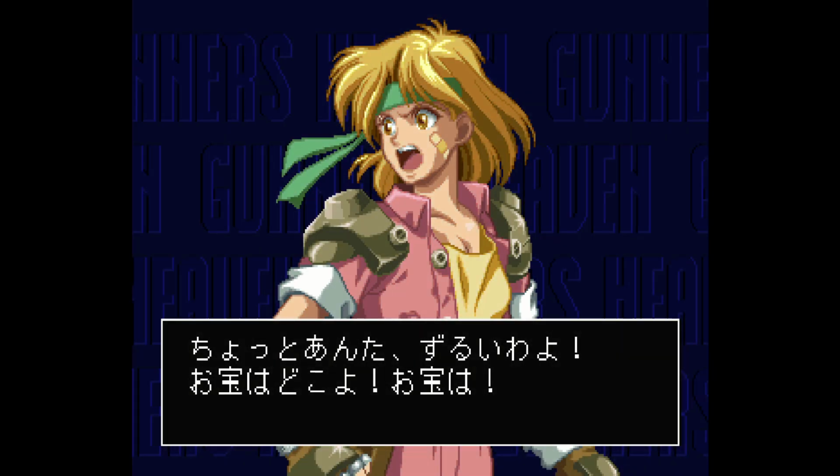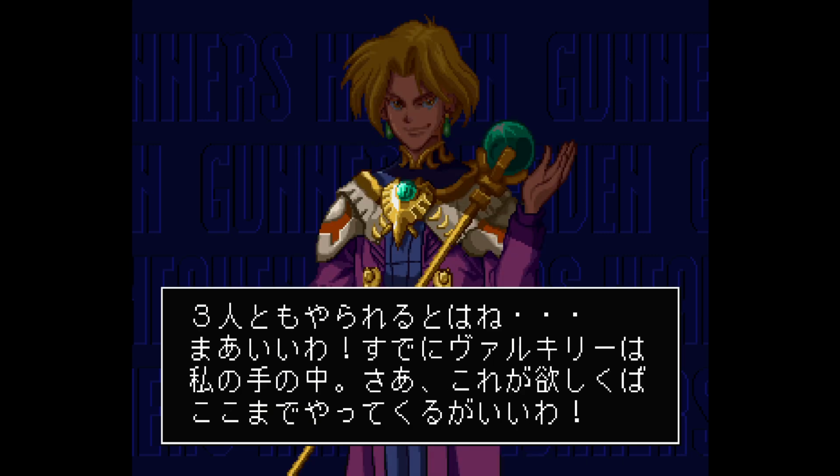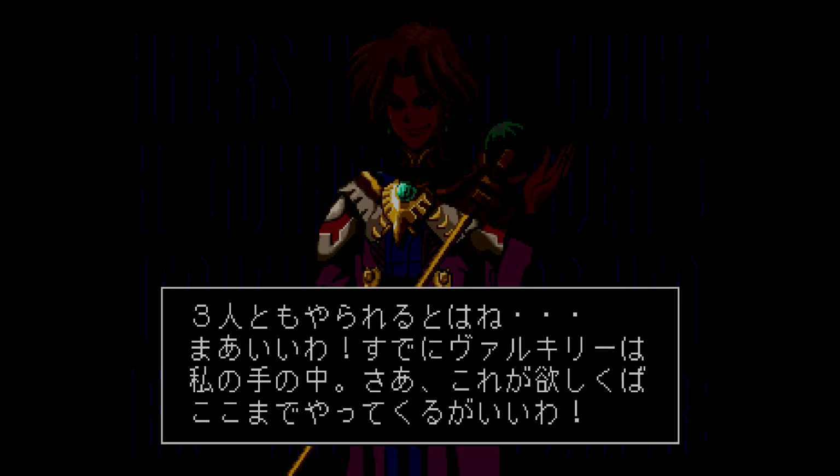ちょっとあんた、ずるいわよ。お宝はどこよ、お宝は。3人ともやられるとはね。まあいいわ。すでにバルキリーは私の手の中。さあ、これが欲しくばここまでやってくるがいいわ。